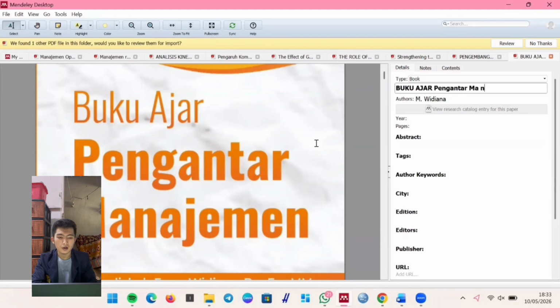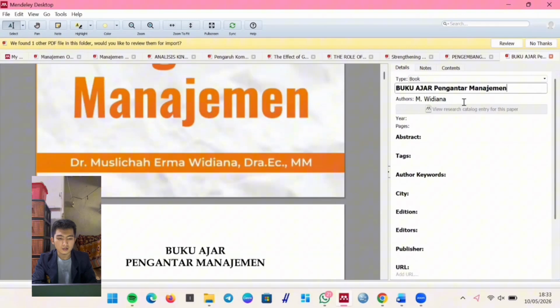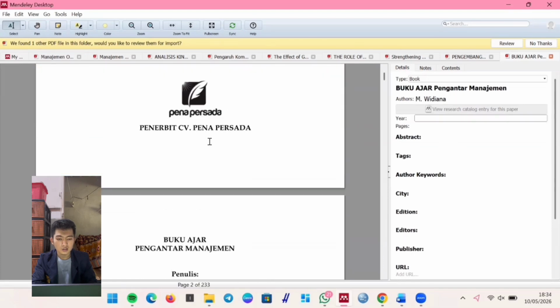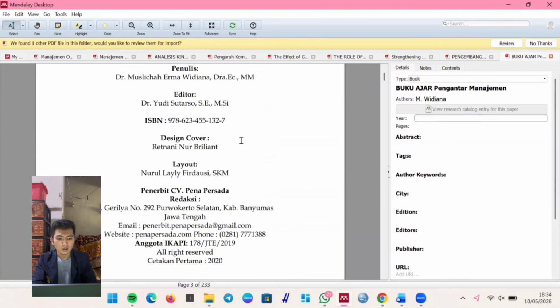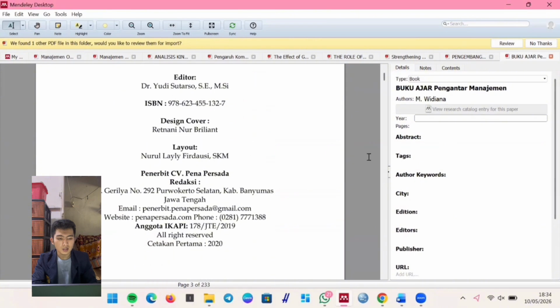If the information is available in the book, it's a good idea to also manually complete the city and edition fields. This ensures our citation is perfect and follows proper scientific writing standards.